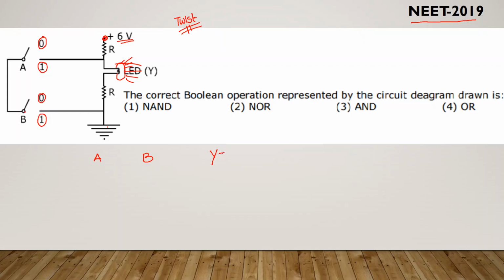When this output is on, whenever it is having 6 volt, it is always on. Now see here. Already this bulb is lighting due to this 6 volt. If I want to draw this original diagram, it will become something like this. Here there is a resistor, and one bulb is there. Again there is a resistor.